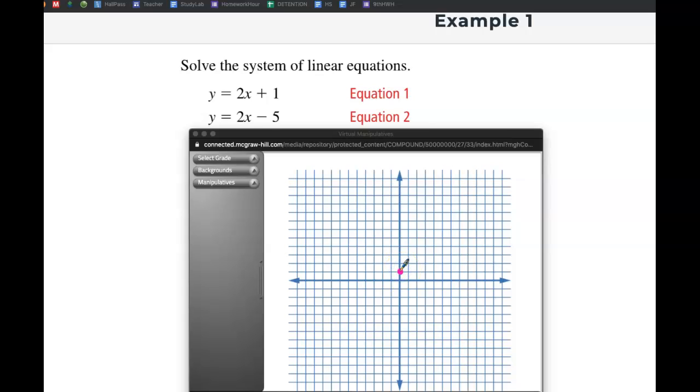And you go up 2 over 1. I go up 2, and then which way's over? Right. Right 1, put a dot. Up 2, right 1, okay? And then you'd connect it, and on your test, you're going to have to use a ruler to make sure